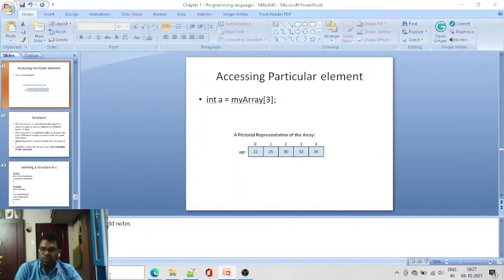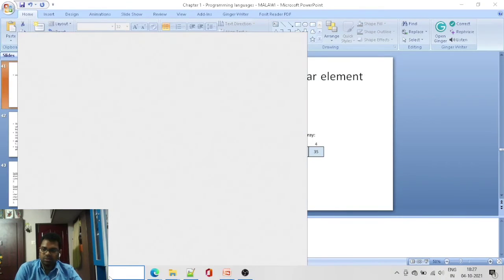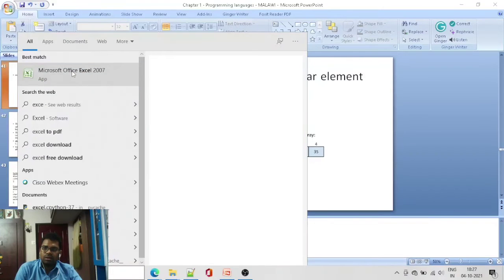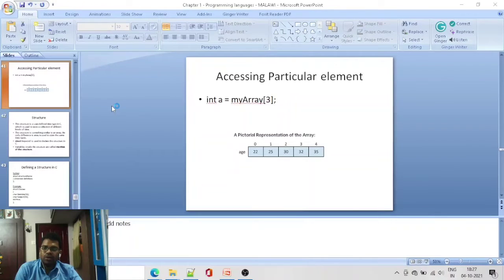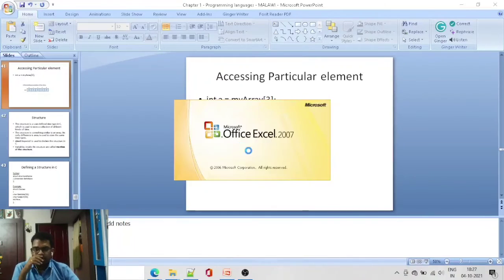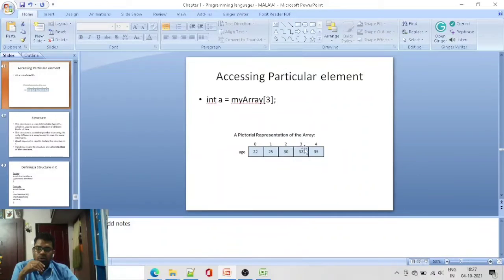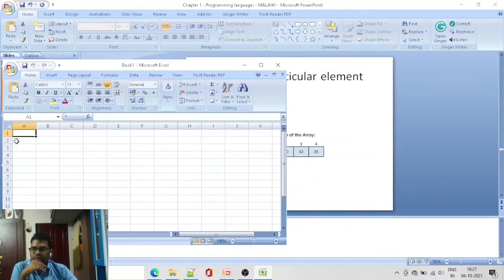Say for an example, if you get into an Excel sheet, you can easily understand what I want to convey. Here age, and the column head is 0, 1, 2, 3, 4. The first person is 0, second person is 1, third person is 2, fourth person is 3, and fifth person is 4. This is a one dimensional array, and this is a two dimensional array.